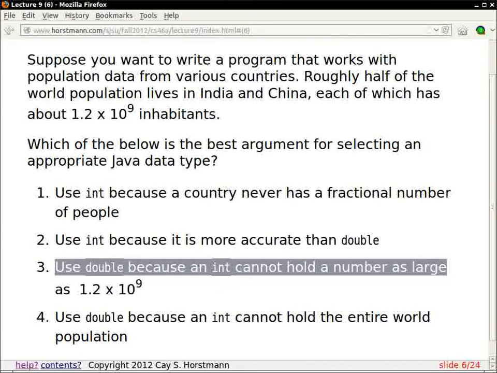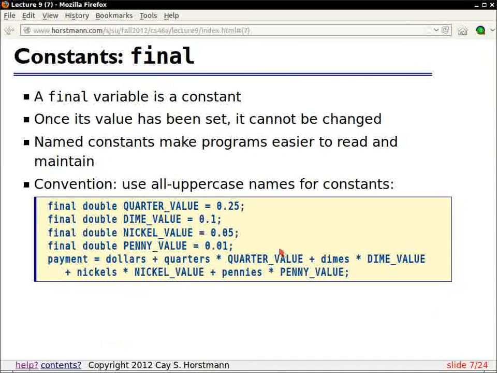All right. So once in a while I'll toss in a question like that that has no right answer. Constants. So this is an important subject. Whenever in your computation you use some number, such as in the sample program we use 0.25, 0.1, 0.05, and so on, you're supposed to be using named constants for this.